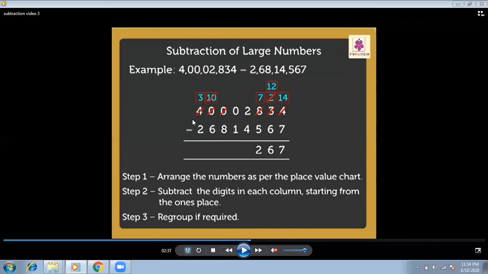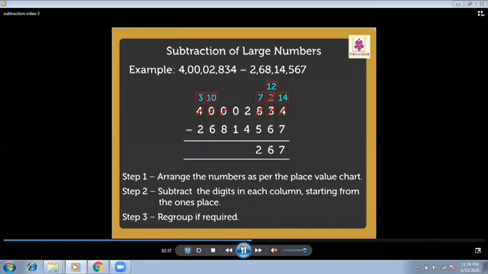Now here is 4. So you will borrow the number from 4. Now 4 will give 1 to 0. Now 4 becomes 3 because it gave 1. Now it becomes 10. Now 10 will give 1 to the next. It becomes 9 and it becomes 10. Now again here 10 will give 1 to it. It becomes 9 and it becomes 10. Now here 1, 10, again 10 gives 1 to it. It becomes 12 and it becomes 9.